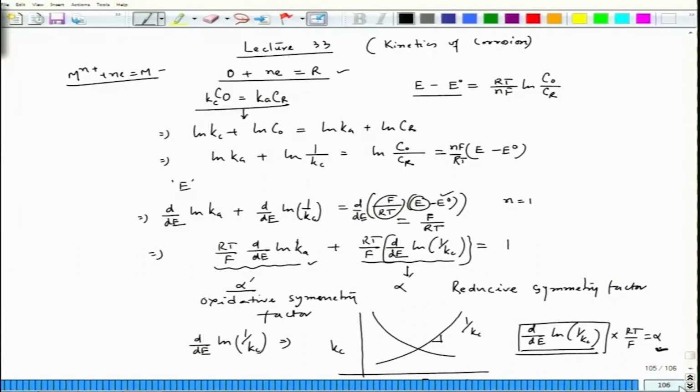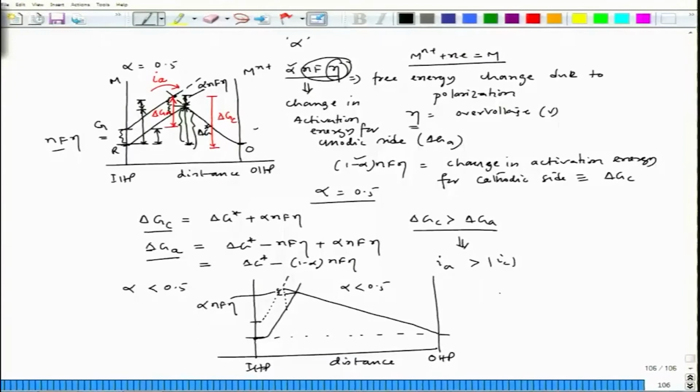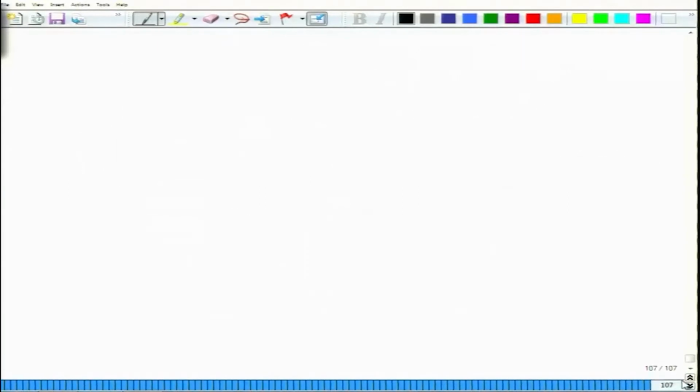So, let me write down again, which is RT by F, d by dE of ln 1 by K C, equal to alpha, which is the reduction symmetry factor. Now, we can have a situation when we have alpha greater than 0.5, in that case the plot would look like,